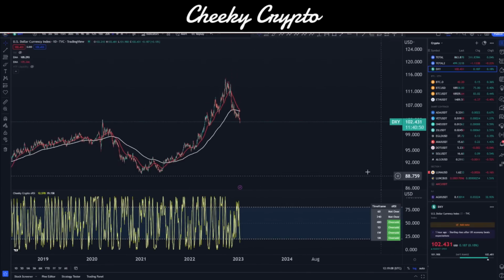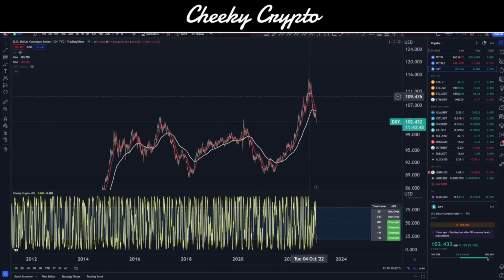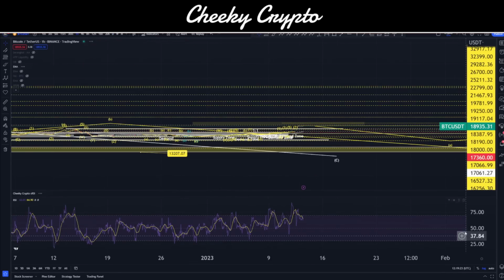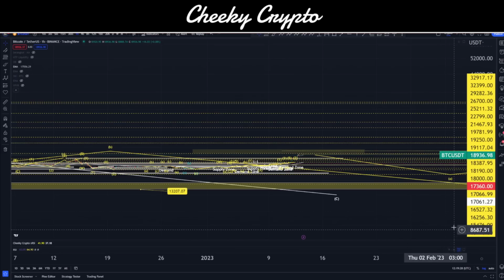Now, if I bring this up into our daily here, you can see this correction after a nice run to the upside. This could start to come to a bit of a conclusion here, and we could start to see a bit of a move upwards on the DXY, which of course will mean that everything else has to go down. Okay, so let's go ahead and jump down into our smaller time frames. Let's check out the hourly. Let's get rid of the RSI here on the hourly chart. We don't need that one.